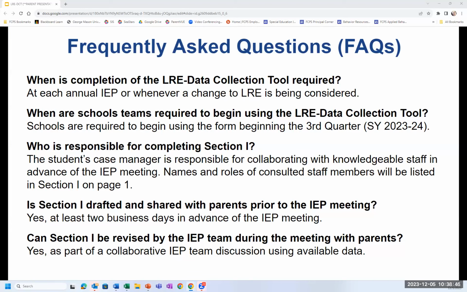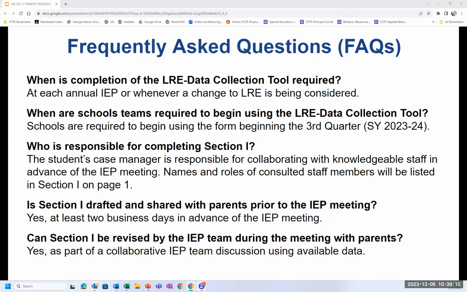Who is responsible for completing Section 1? A student's case manager is responsible for collaborating with knowledgeable staff in advance of the IEP meeting. Names and roles of consulted staff members will be listed in Section 1 on page 1. Is Section 1 drafted and shared with parents prior to the IEP meeting?